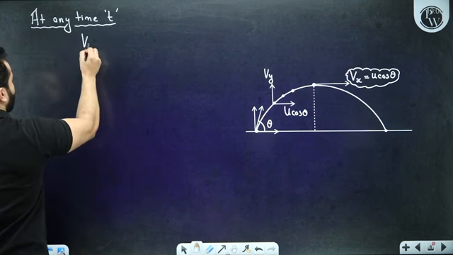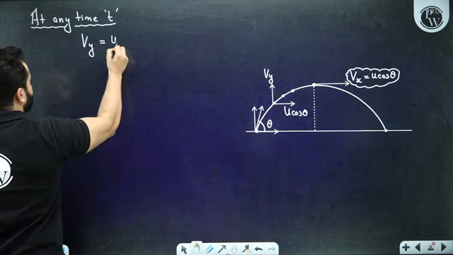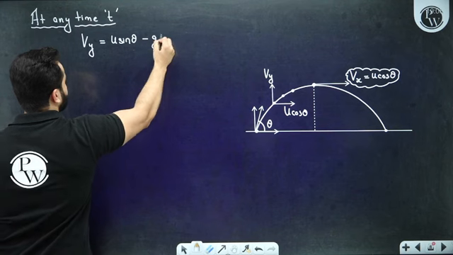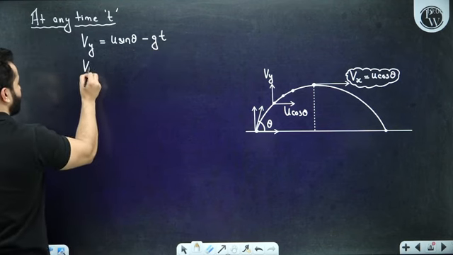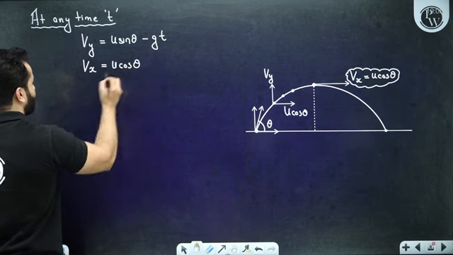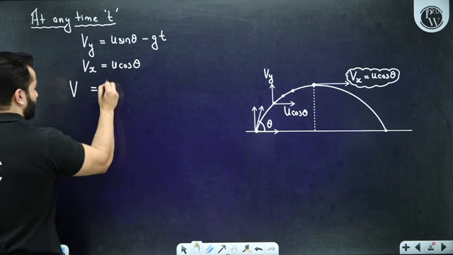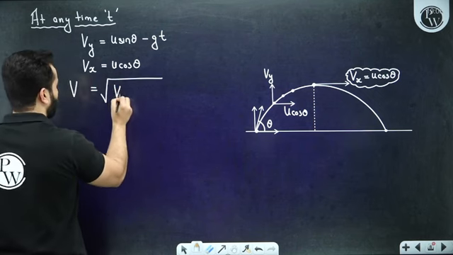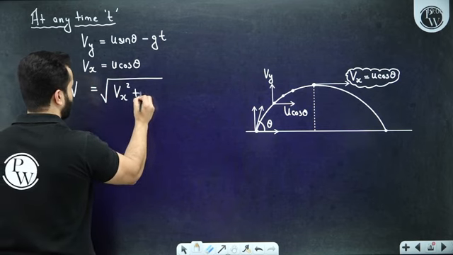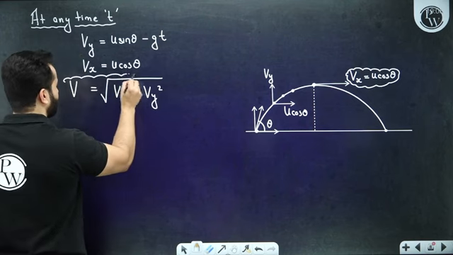So Vy will be equal to Uy, that is u sin theta, minus gt, that's it. And Vx will remain the same, that is u cos theta. So speed will be nothing but the under root of Vx square plus Vy square. That's what they were saying in that note,